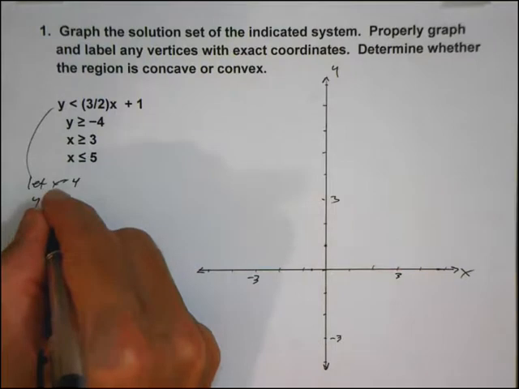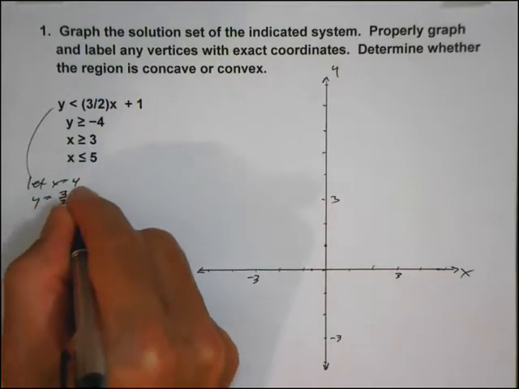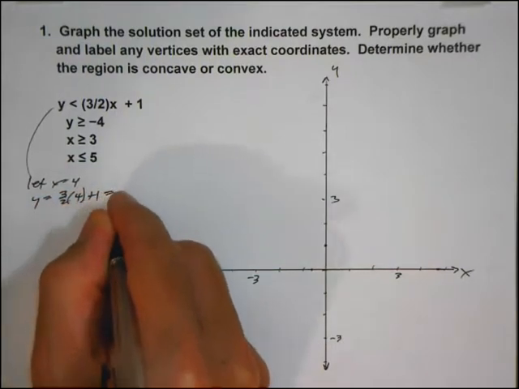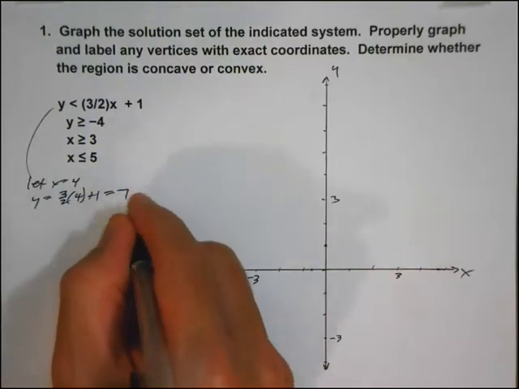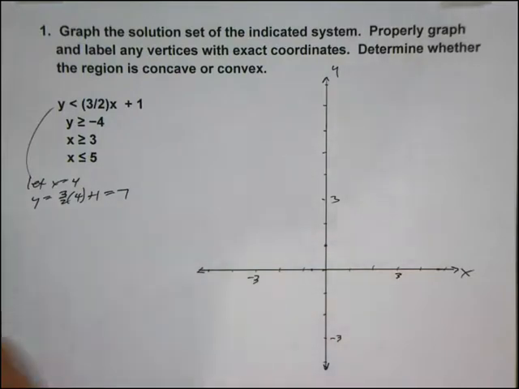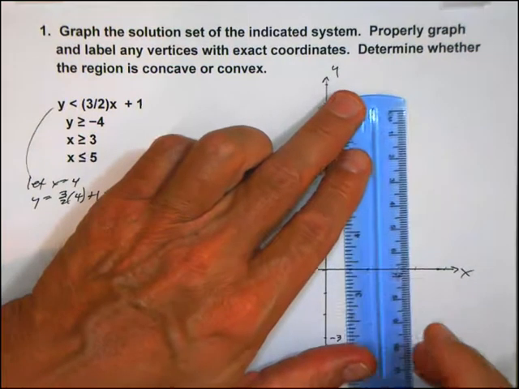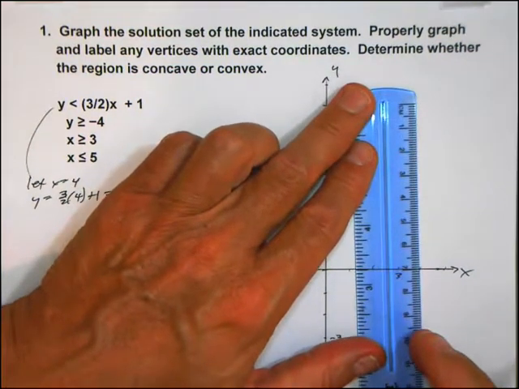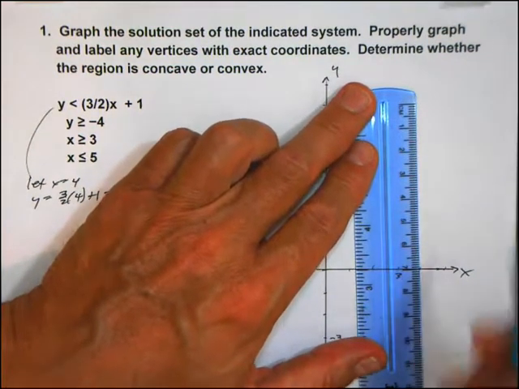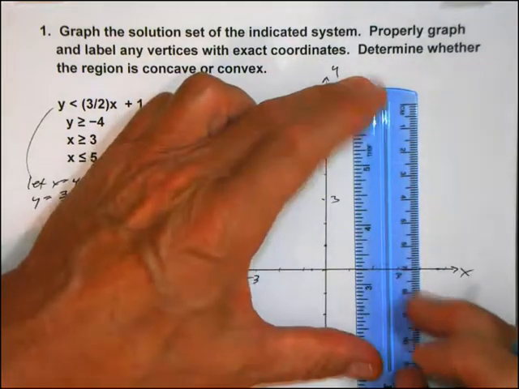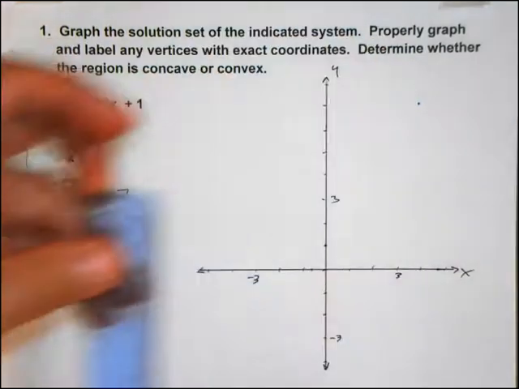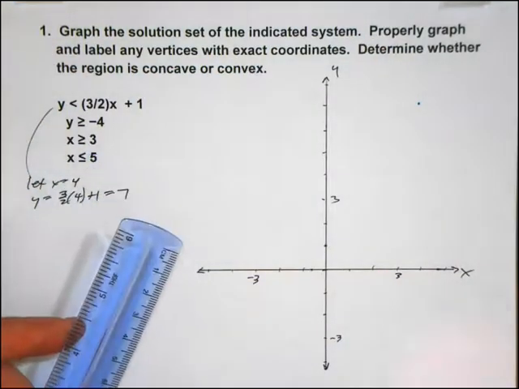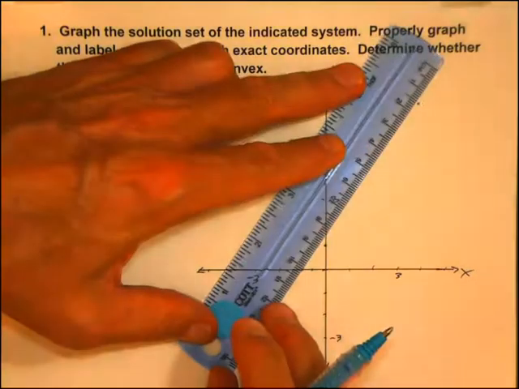We'd have y equal to 3/2 times 4 plus 1. What's that? Cancel, cancel. 2 times 3 is 6 and 1 is 7. Okay, let's get the point (4, 7) on this line. For that, we can go here to 4, up 7. This will give us better accuracy. Now, when we go to graph this line,